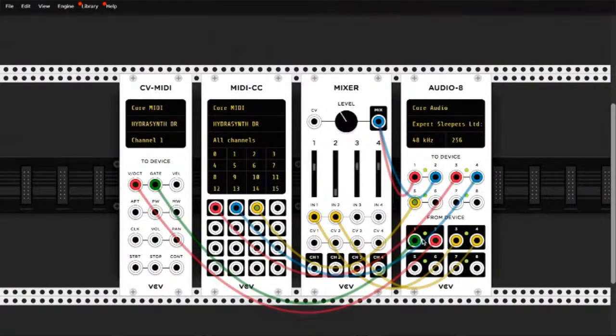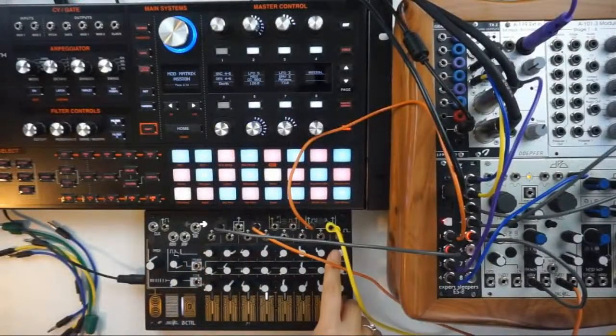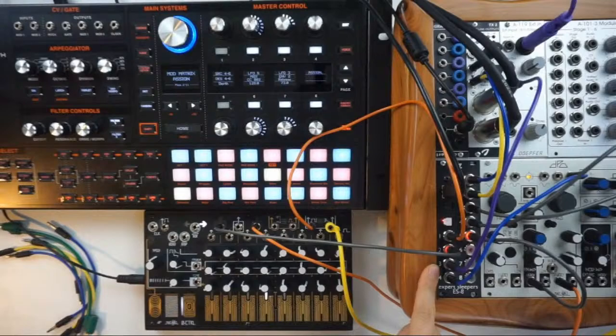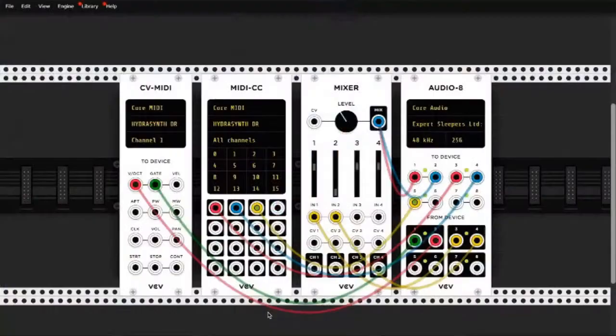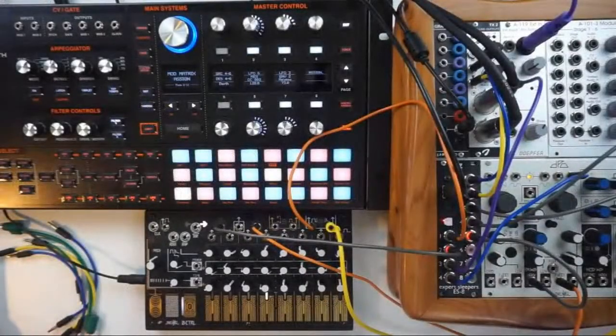And then over here on VCV Rack, I am receiving that gate and I'm using it here as the gate input on the CV to Midi module. And you can see here that I have the desktop Hydrasynth selected as my destination. Similarly, I'm taking the top row from the zero control over into the second input on the ES8, and then over in VCV Rack, I am patching that into the volt per octave input on the CV to Midi module. All right, so I'm gonna go ahead and start the sequencer so we can hear the Hydrasynth.